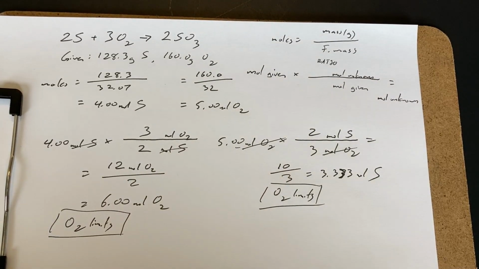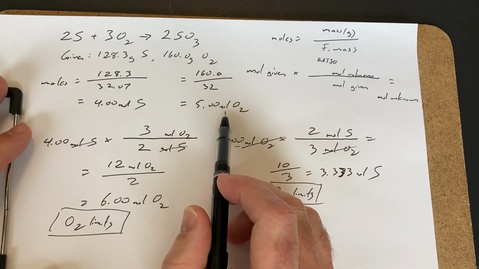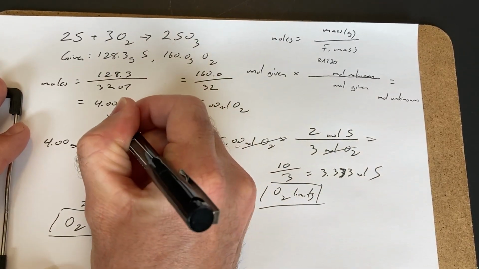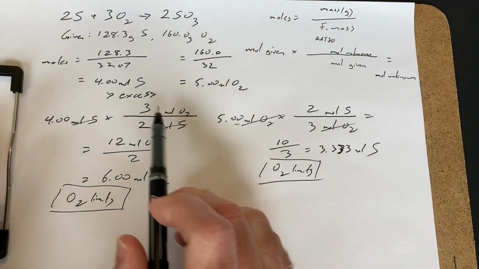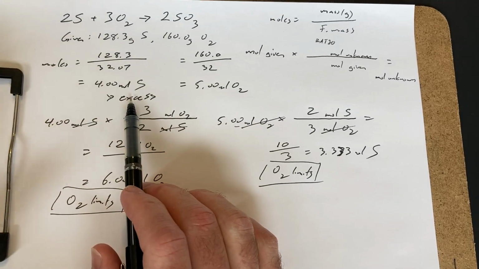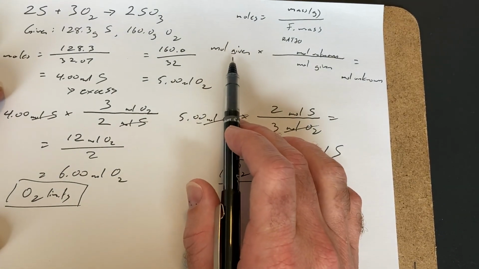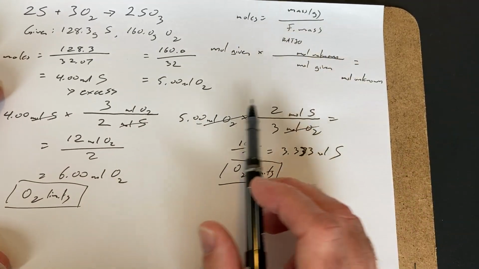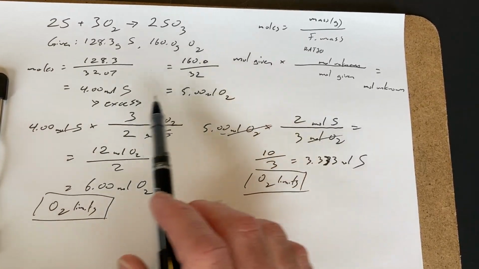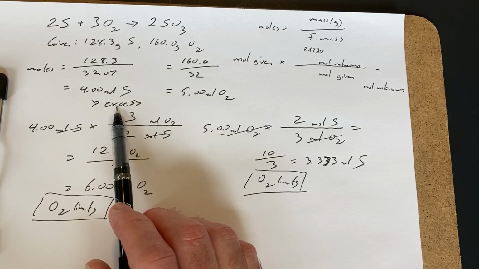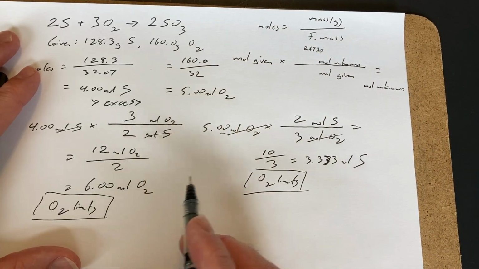Next part, how much of your excess is going to remain? Since we know that oxygen is limiting, our sulfur is the one that's in excess. First we have to figure out how much of our excess we are going to use. And how we do that is we use the same formula. We put the limiting reactant right here and compare it to the other reactant. This is math we've done already, but we'll do it anyway. So again, when you're trying to figure out how much of your excess you are using, you put the limited one in this position. We figured out our limited one is our oxygen,